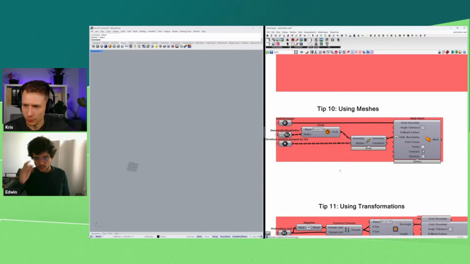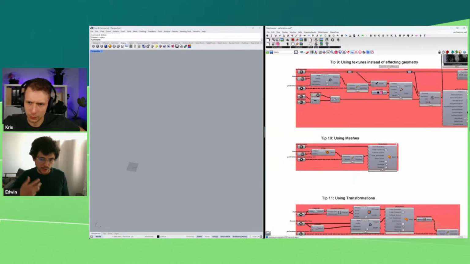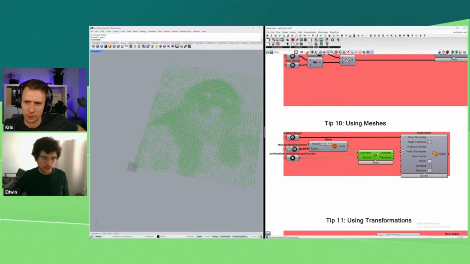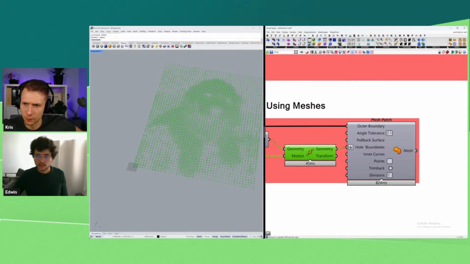Yeah. Okay, so here, before we go to another example, I just want to show that if I do want to keep the perforations in 3D, I could do it faster through a mesh. So here, for example, I have a rectangle, I have my circles again, I position my circles, but then I'm using this component. This comes from the utilities of the ShapeDiver plugin, and then you have utilities, and here you have mesh patch.